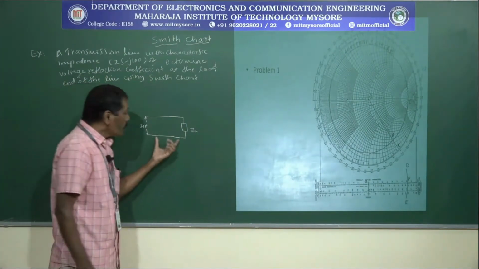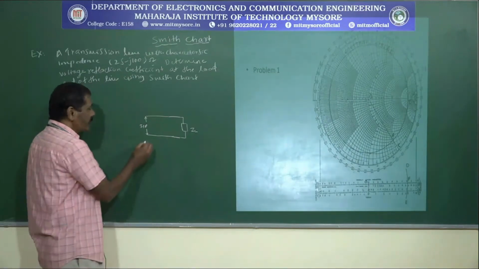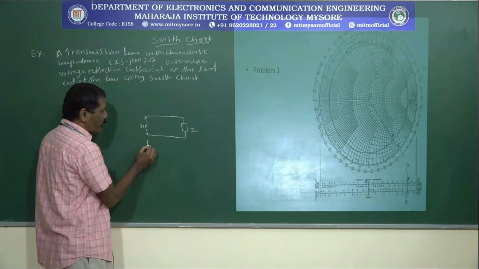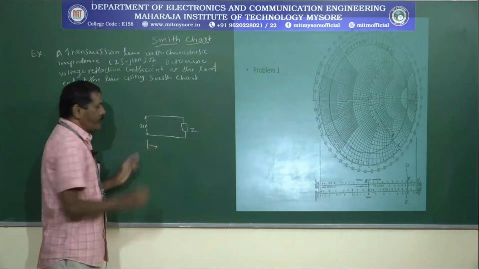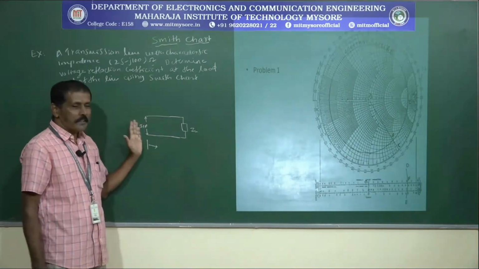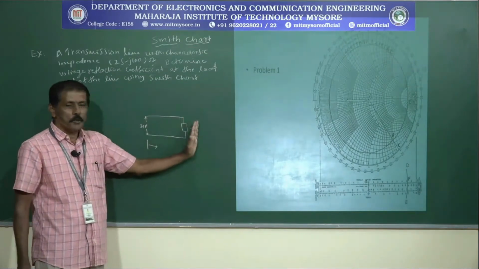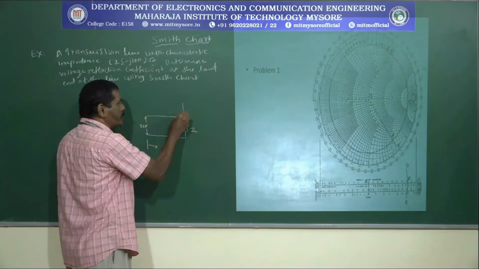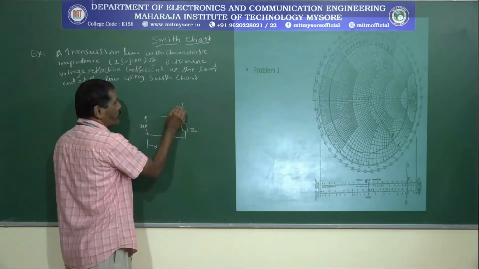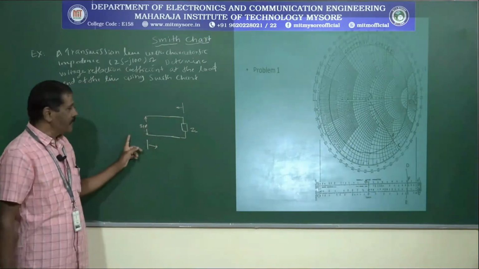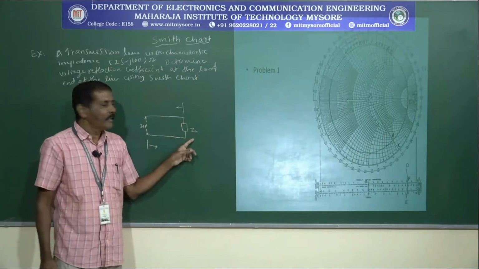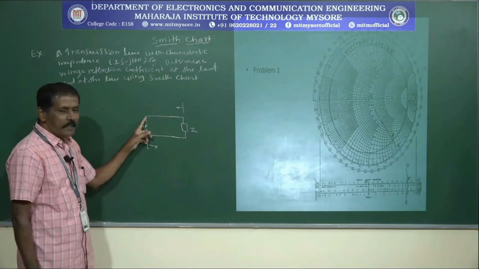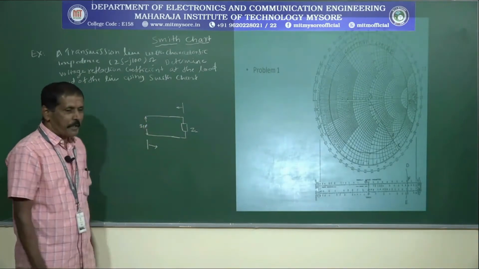Now, when the transmission line is there, you can be in this particular position and look toward the load, that is, you are at the transmitting side and you are looking toward the receiving end. Or you may be in this position and looking in this direction, that is, you are at the receiving end or at the load end, and you are looking toward the generator or the input end.